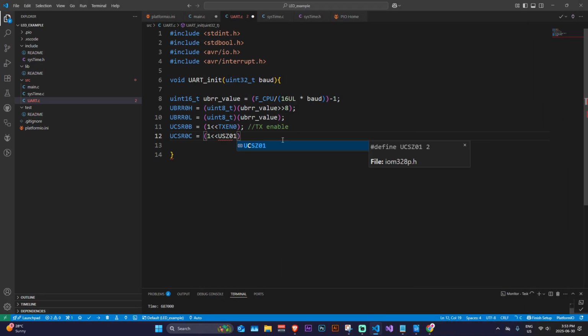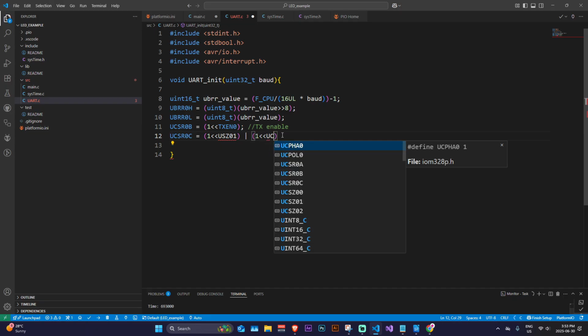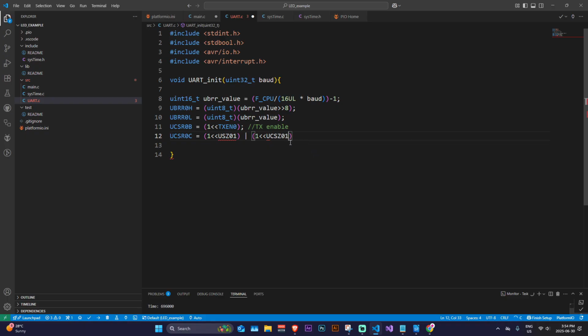So I'll put number 1, and we're going to do an OR, and then UCSZ01. So I'm just going to make sure this is right. I made a typo. I forgot a C here. All right, so this allows for 8 data bits